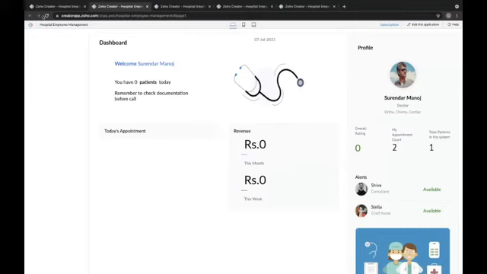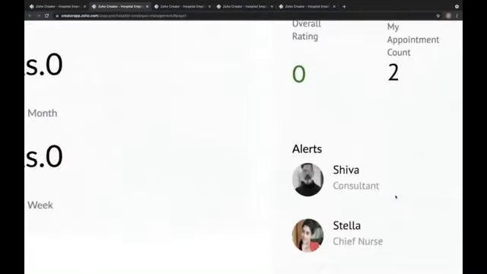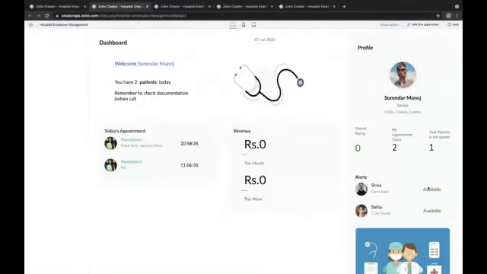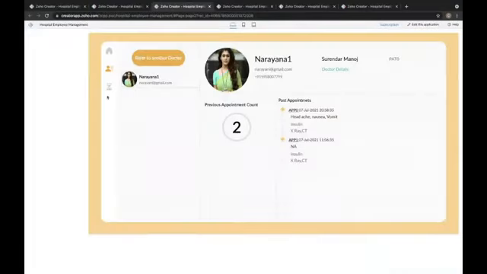Since I create new appointments for the day, the moment the doctor comes and visits this page, the doctor will be able to see all the appointments for that particular day, and the dashboard is continuously interactive. There's an option to view the status of all the people who are reporting to this particular doctor, and in case the doctor wants to check the history of a particular patient, he can just click on that patient, and the entire history, the past history, the number of appointments which have been created, everything is displayed